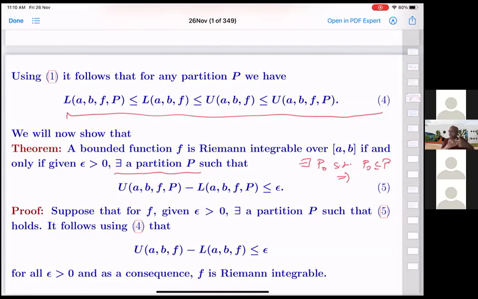Now, if you read such a statement, you hear such a statement, unless you write it down on a piece of paper, your brain is not going to be able to digest what you have said, right? Whereas if I say that, well, given a function, there exists a partition such that the upper and lower bounds for that partition differ by at most epsilon. That is something that your brain can digest immediately, or process immediately.